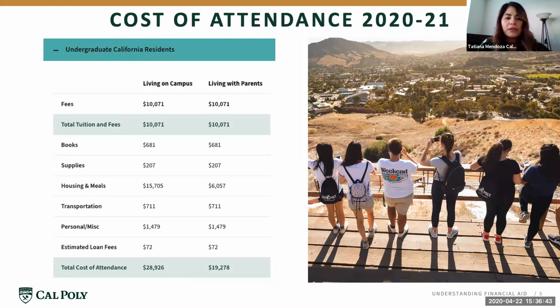Adrian, we've got another question. On my to-do list, it's requesting me to send my transcript. Do I send it right now or do I wait until spring semester is over? Ooh, does someone from admissions want to answer that? I'm sure someone can pop in really quick. What was the question, Adrian, again? Tatiana, can you read it again? It's about transcripts. Yeah, so it says on my to-do list, it's requesting me to send my transcript. Do I send it right now or do I wait until spring semester is over?